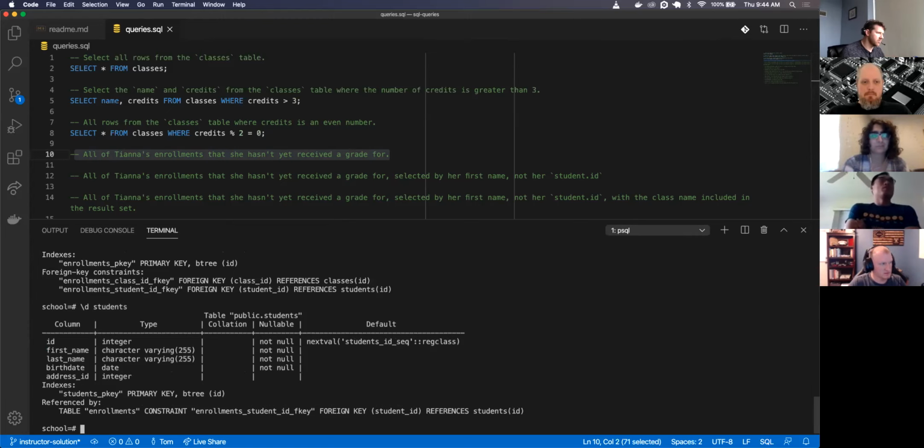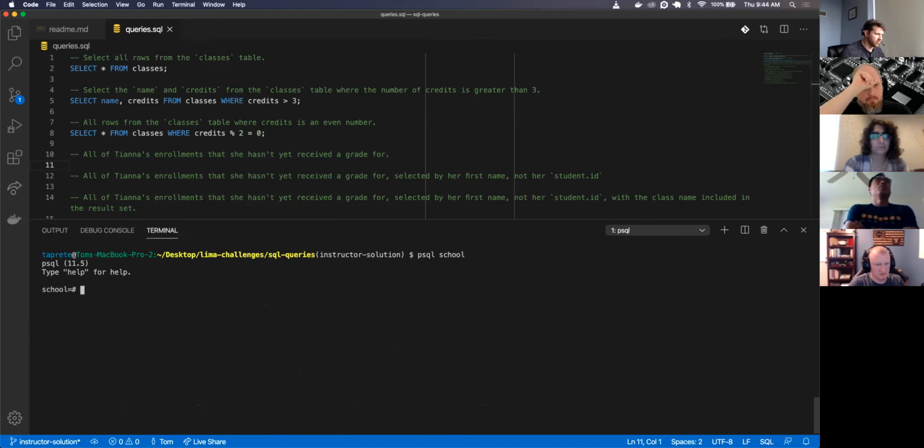Okay. Select all TIs were enrollments that have been. I'm just gonna say select star from students join enrollments where students dot ID.